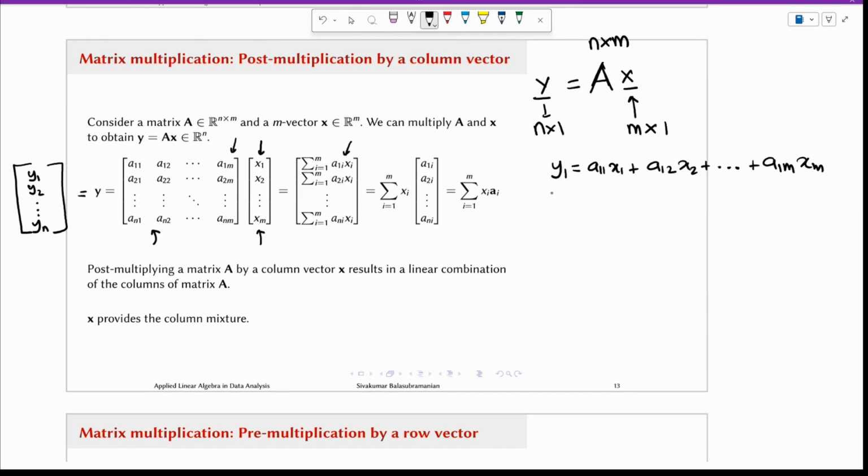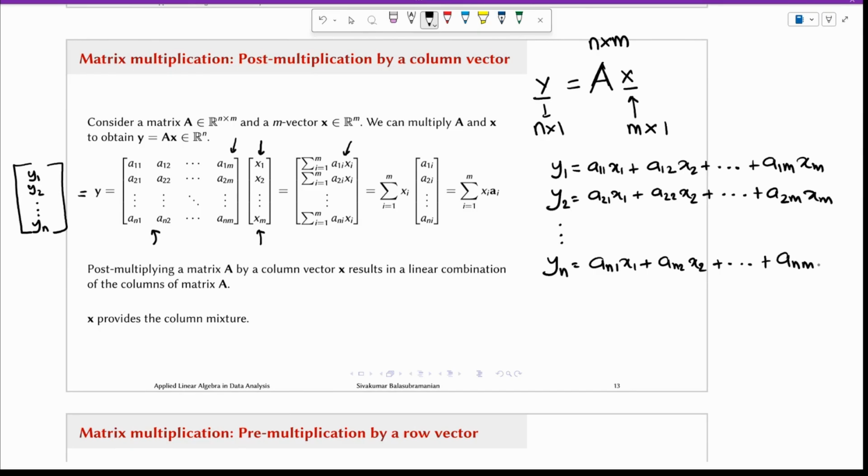Now, if I write it out, this will be A21 X1, A22 X2, up to A2M XM, and Yn will be AN1 X1, AN2 X2, up to ANM XM. Right? Okay. If you look at these equations, if you look across the equations,